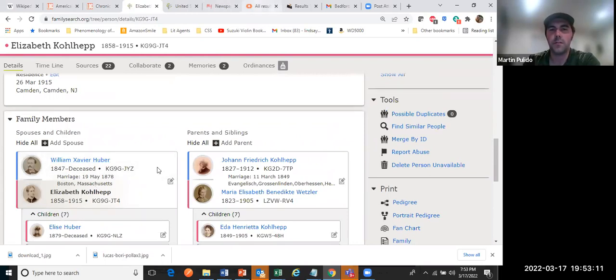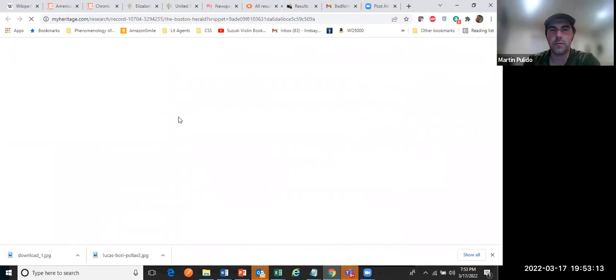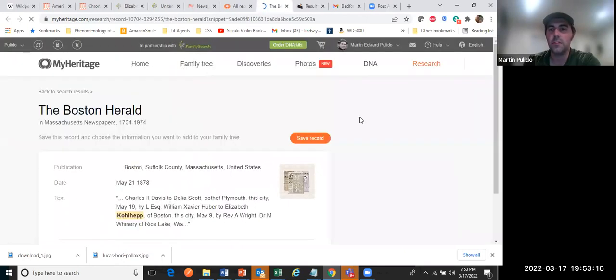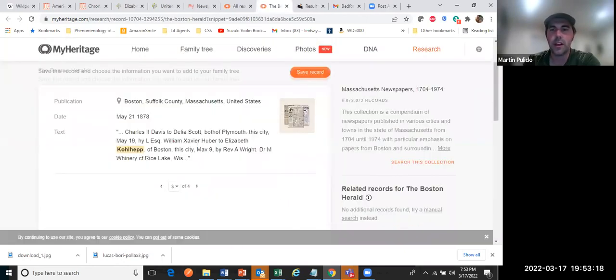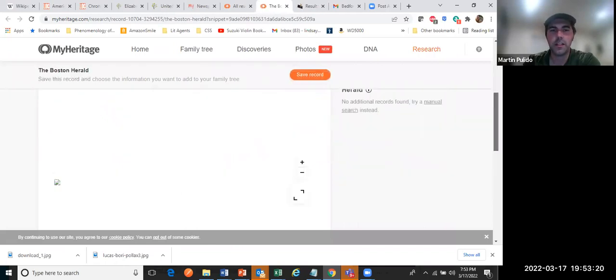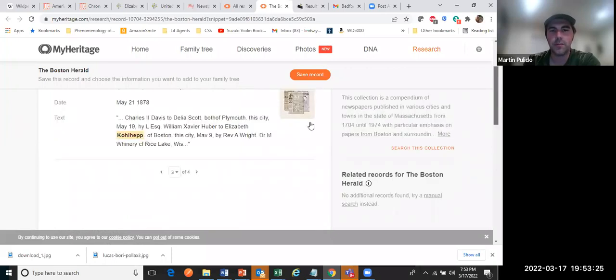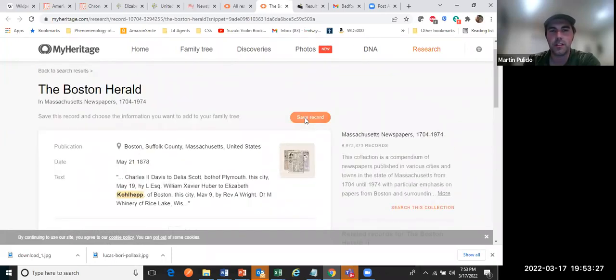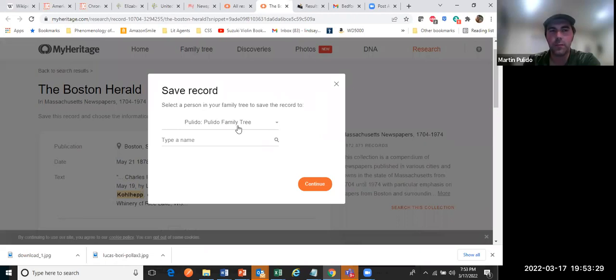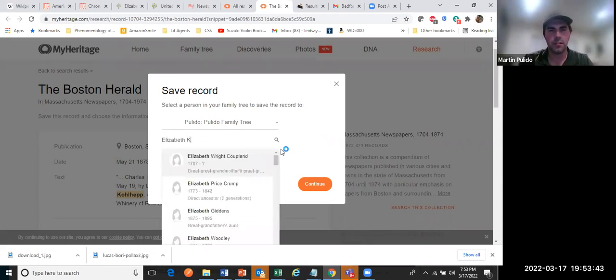So I can use Family Search in conjunction with the information that's in the newspaper to find information about them. I could click in and find it. I do like this, and you can see that there's OCR and there can be an image loaded. You can save the record to your own ancestor within MyHeritage. It isn't Family Search. You're having an import of your Family Search information into MyHeritage, and then you're able to put it into here.